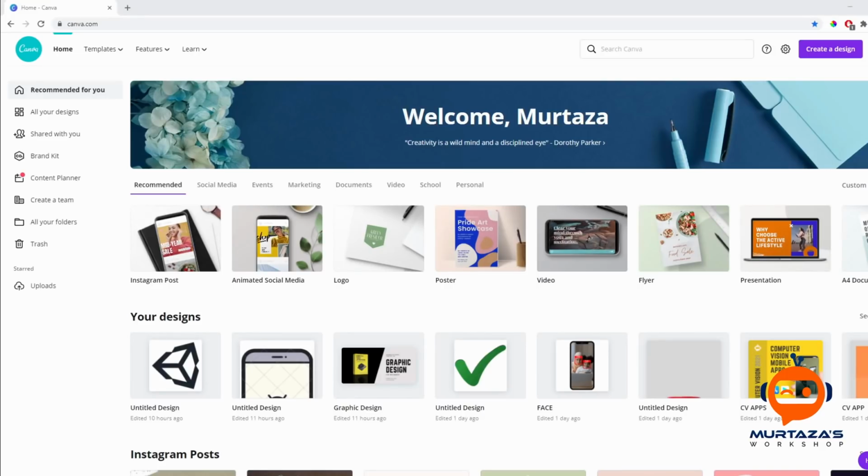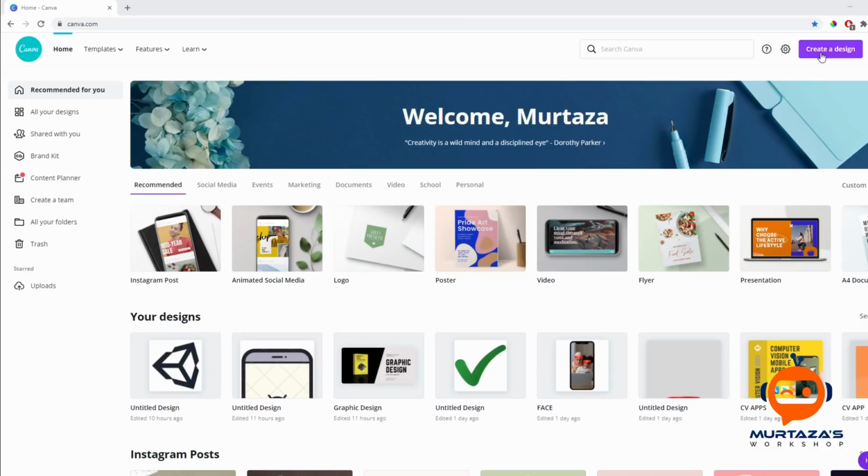So to create our app design, there are many different ways you can approach this. First of all, you can design it in Photoshop, Illustrator. You can use some online tools like Figma. But today we are going to use Canva because Canva is very easy to prototype and it is very efficient and fast. So what we will do is we will go to canva.com and of course it is free to use. There is a paid subscription as well, but you can get away with the